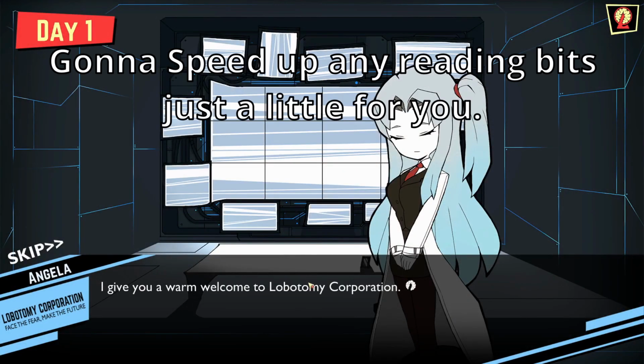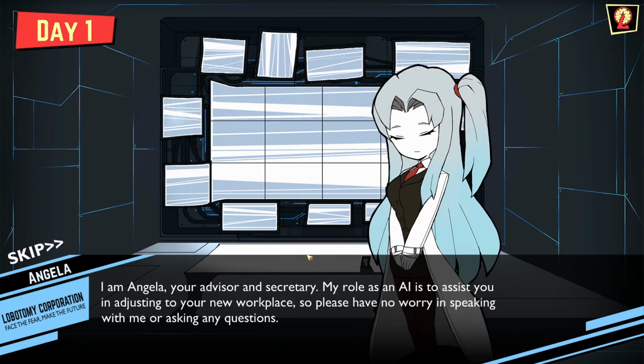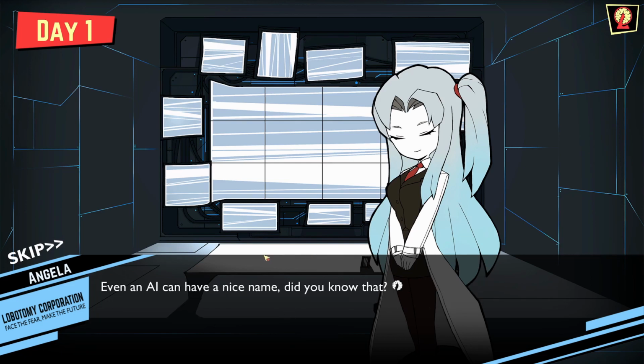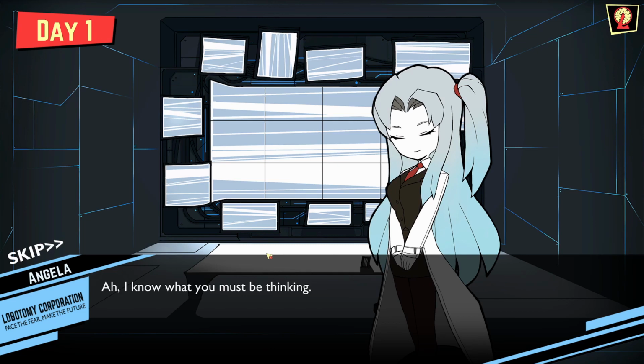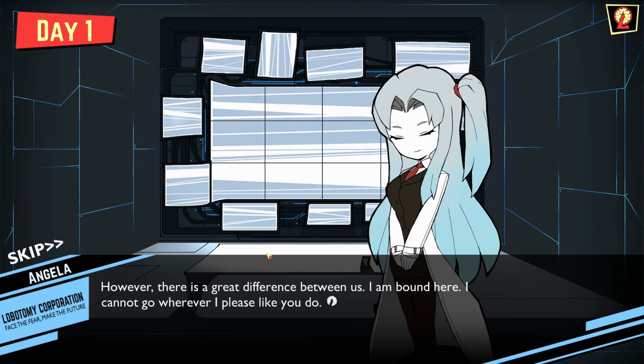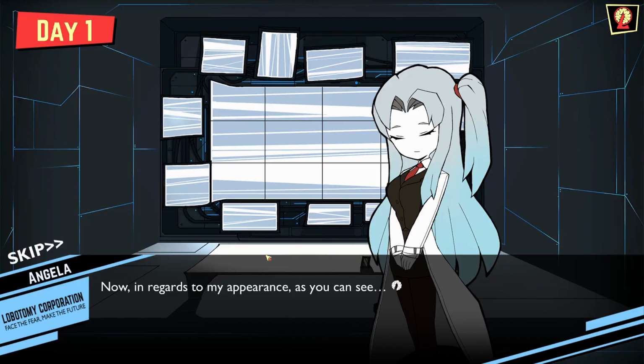Hello, X. I give you a warm welcome to Lobotomy Corporation. I'm Angela, your advisor and secretary. My role as an AI is to assist you in adjusting to your new workplace, so please have no worry in speaking with me or asking any questions. Even an AI can have a nice name, did you know that? I was born from one of the wings of the world. It signifies that I am one of the best to exist in Sage. I know what you must be thinking. You're sure that you think I look too human to be an AI, am I wrong? However, there is a great difference between us. I am bound here. I cannot go wherever I please like you do. I may be able to operate the systems of this corporation to open a door, prepare a cup of coffee for you, but I cannot take a step outside this building to bask in the sunlight or feel the gentle breeze. Now, in regards to my appearance, as you can see,